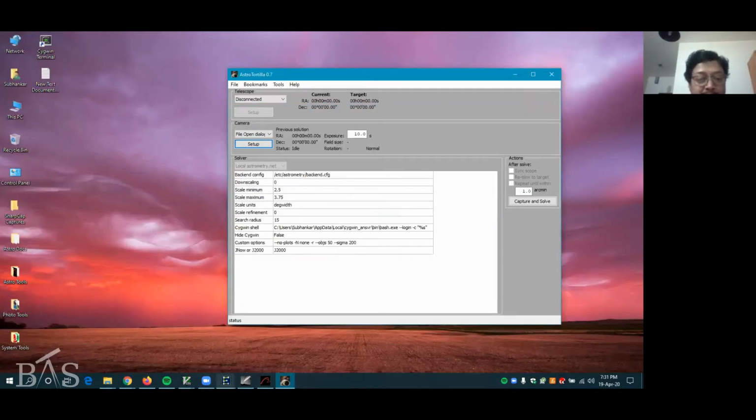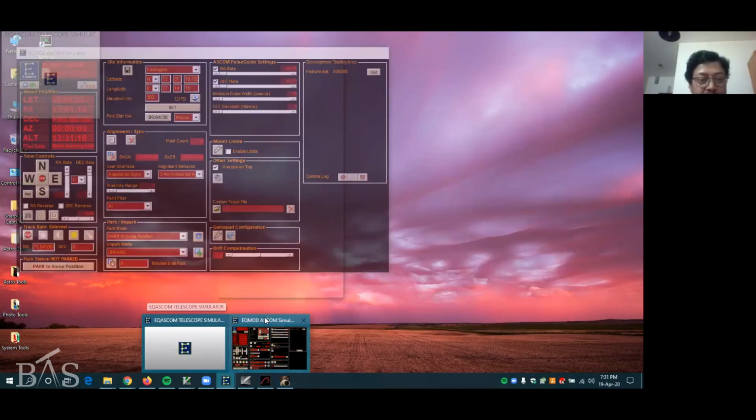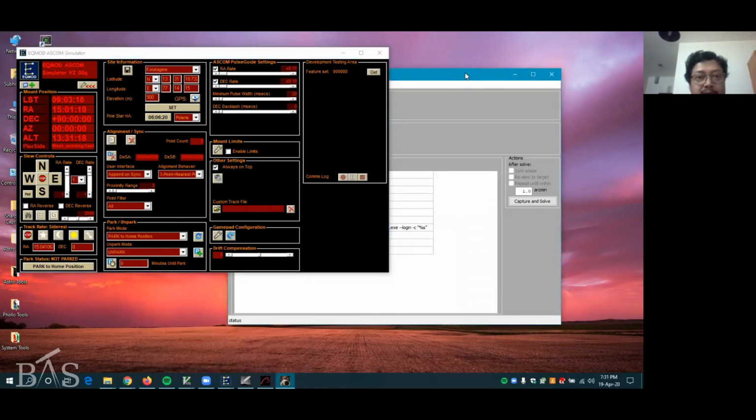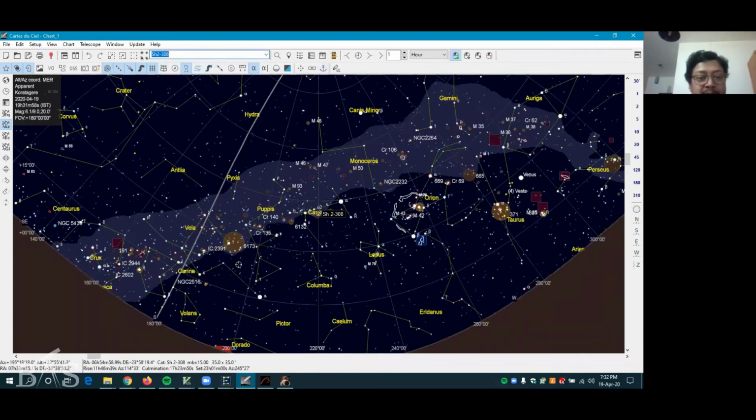So let's say I want to go to an object. In the deep sky catalog, that's APT saying something. So Sh2-302, it's the Dolphin Nebula in Canis Major. That is what I will use for doing this demo. So I asked my mount to slew there,